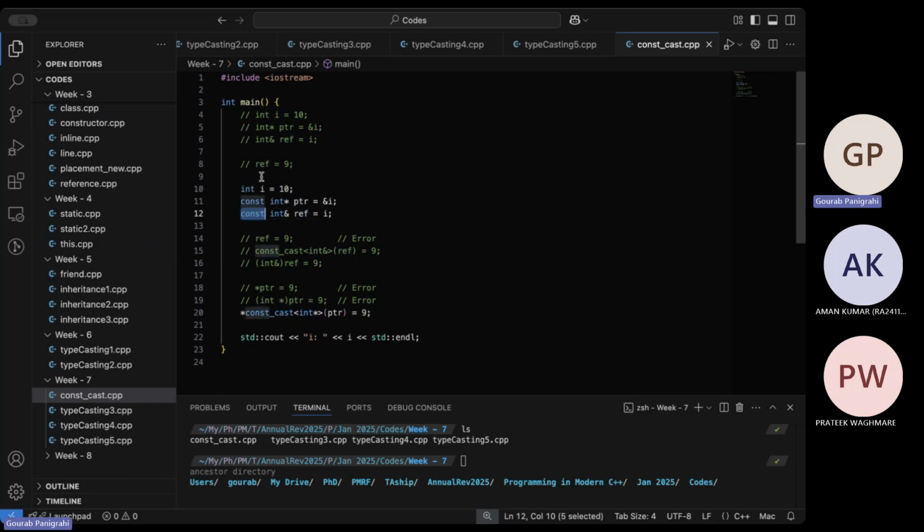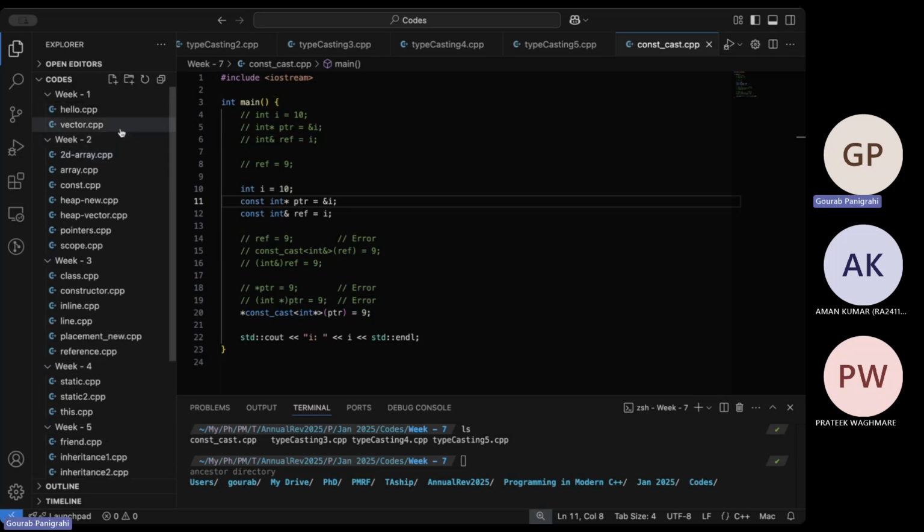But mind you, the difference is that here the integer, the originally defined variable where it actually stores the data, is still not const qualified. As in, it is still editable. You can change the value at I. But through pointer PTR and ref, you cannot change the values. That's the motivation behind const qualification. So when you write code, you might pass variables or values or pointers to something. But inside the function, so let's say we write,